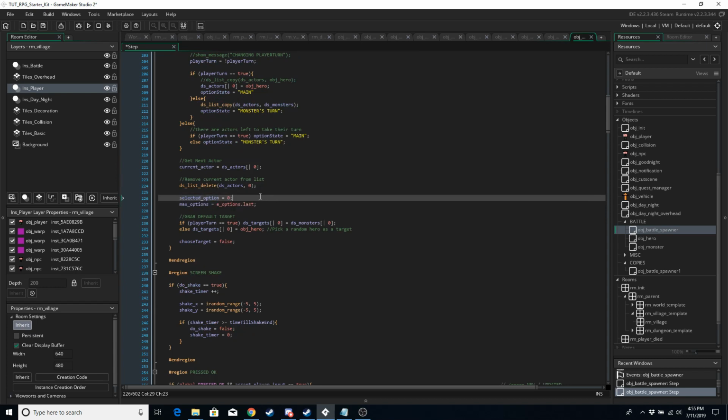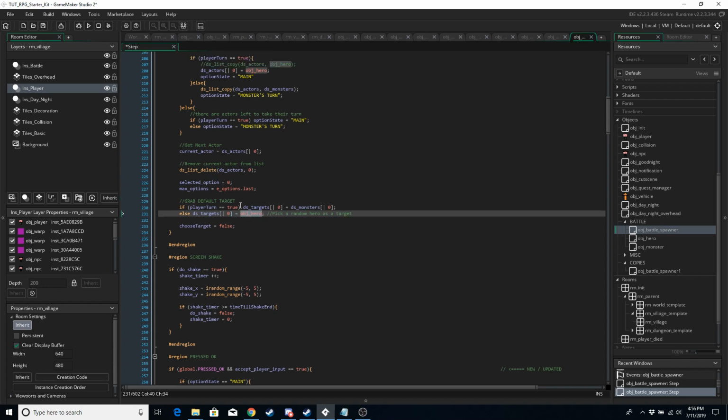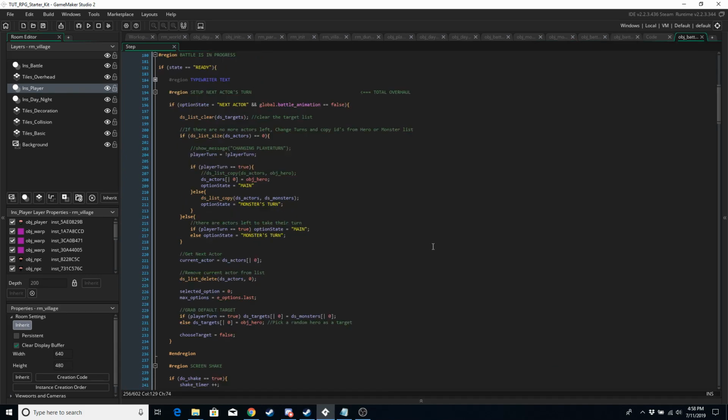This is the same as before, and now we want to have a default target. So if it's the player's turn, then the DS target list is going to contain one monster, whichever is the one on the far left. That's what they should return. Otherwise, if it's the monster's turn, then the target list is going to contain the ID of the hero. Again, it's okay just to use OBJ hero for now because there's only one hero, and we also reset choose target to false. So we're just going to be covering doing the attack function for now, just to get that in place,